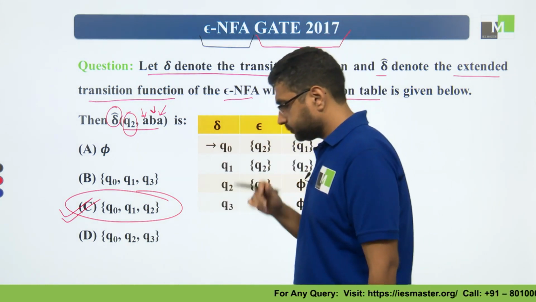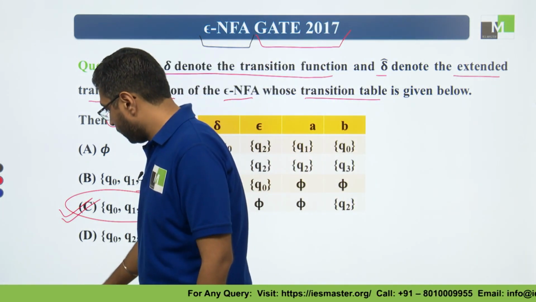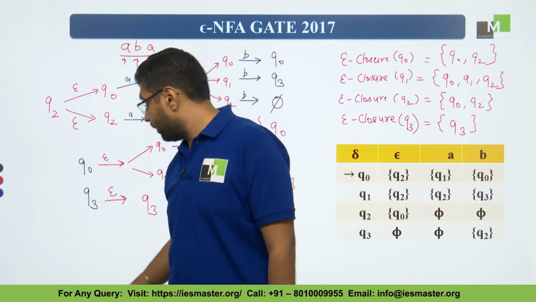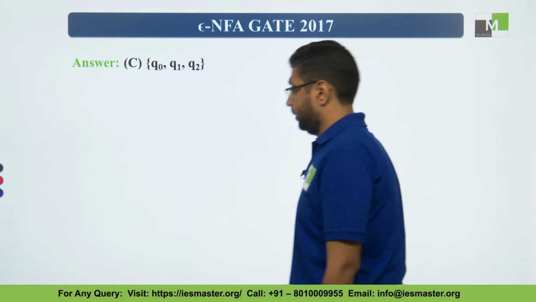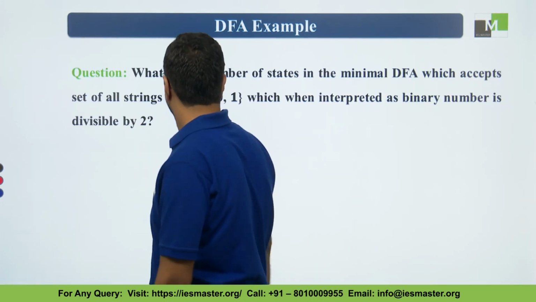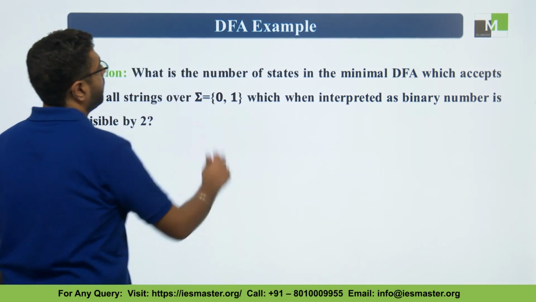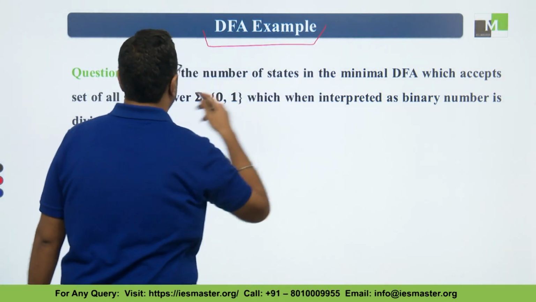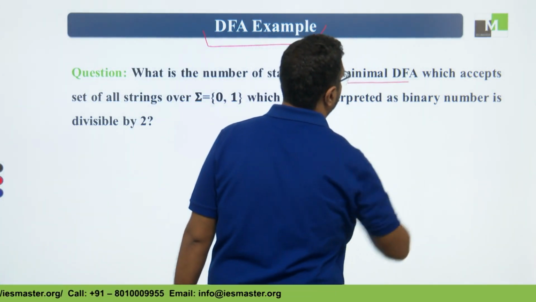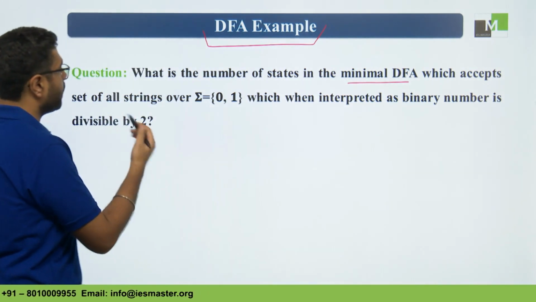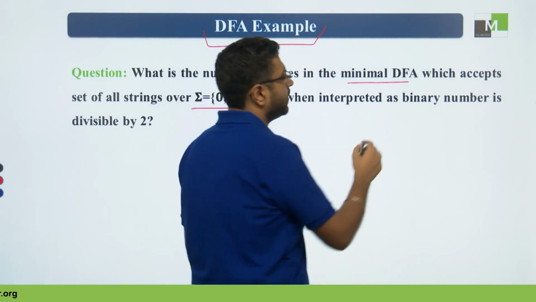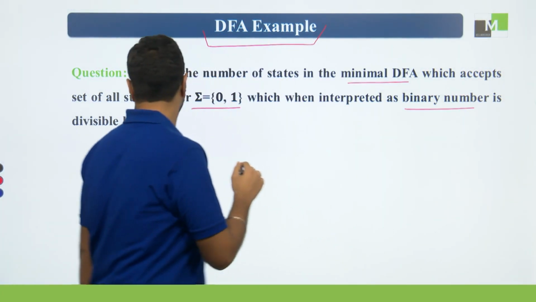All right. So let's go to the next question. So this is the question on epsilon NFA, right? So let's see one more question. Right. So this is the example on DFA. What is the number of states in the minimal DFA which accept set of all strings over sigma equals to 0, 1, which when interpreted as a binary number is divisible by 2,